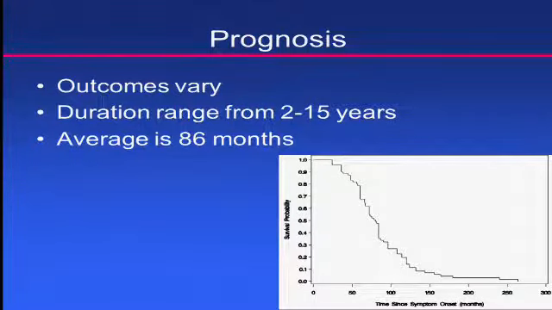Now, the prognosis does vary greatly from individual to individual. It's difficult to predict how fast someone progresses, and I hear a lot of caregivers asking me how fast they should anticipate. We always advise to plan for long-term disposition, but truly there is no way to predict for sure when things move from mild to moderate to severe stage. Overall, though, the duration ranges from 2 to 15 years, and on average, we notice that the condition lasts for about 86 months. But again, as you see, there is a very broad range, 2 to 15 years.